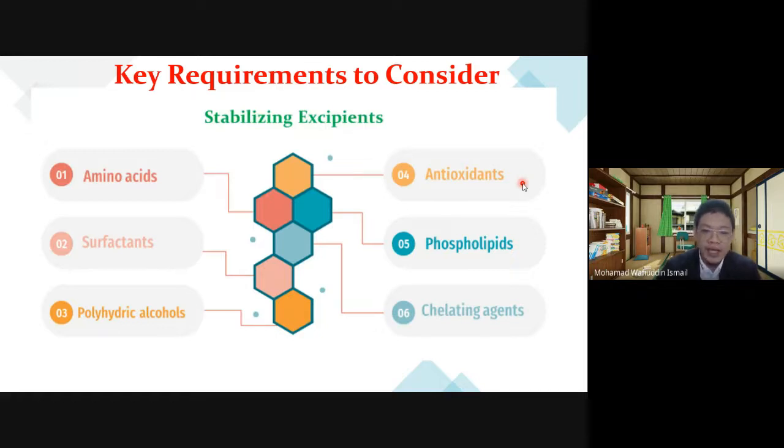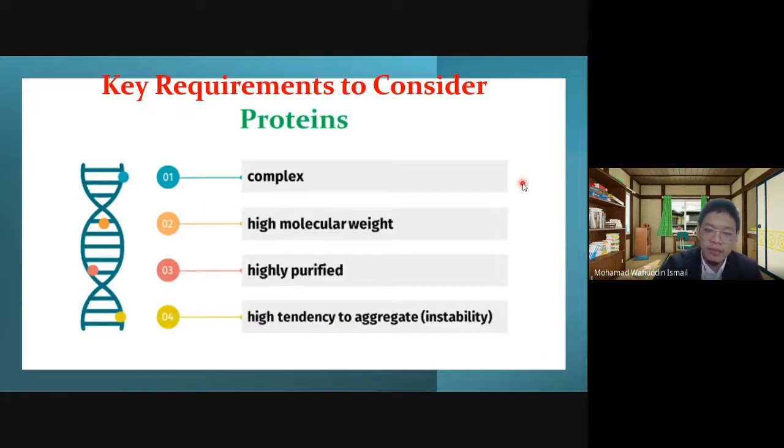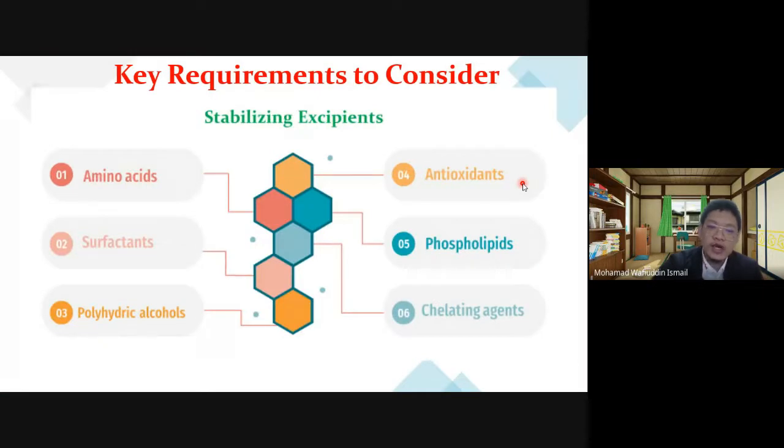So it's quite difficult actually to formulate a new drug or delivery system. However, because we know what kind of protein we want to deliver, and we already checked the background mentioned in the first slide, it's easier for us to choose what kind of excipient is suitable to be added within the formulation.